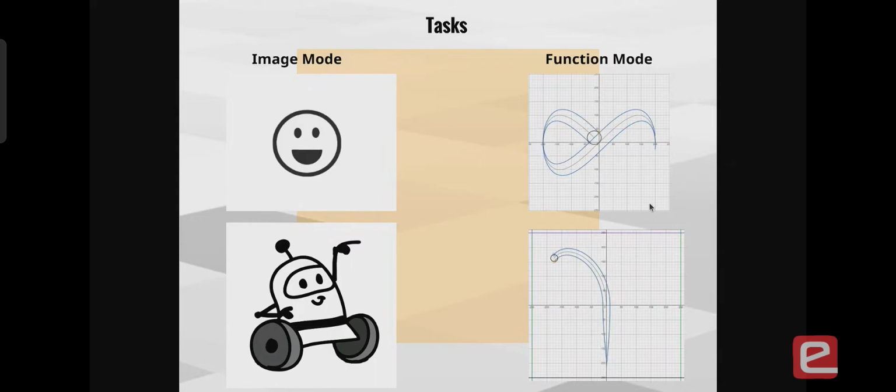So as you can see, the bot has multiple pins on it. So using that distance and some waypoints, we can draw very interesting patterns. So as usual, we started with a very simple infinity curve or Lissajous curve, and then we move ahead to a more complex butterfly curve. You can see here.